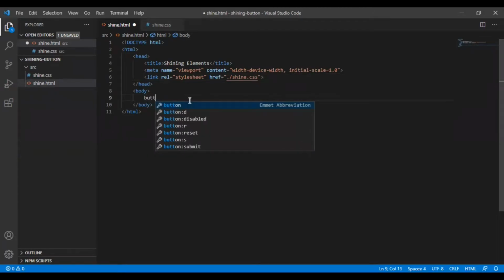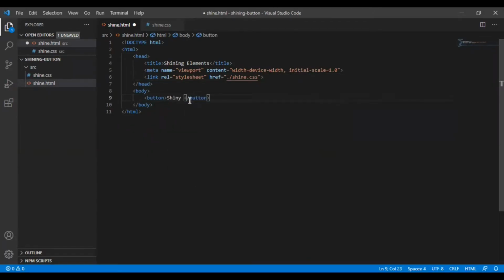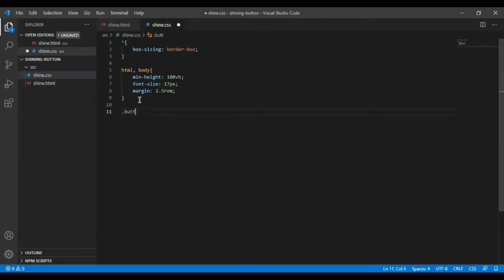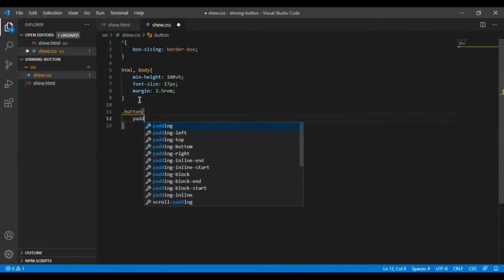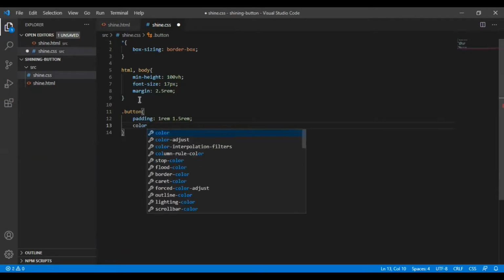I already have the pre-required HTML and CSS setup, so let's start creating our button first, giving some random text to it. Then we'll define the button type and also add a generic name for our button class. So now let's quickly move to the CSS and set all the styles for our button. The padding will come first. So this is a padding shorthand. That's there for the horizontal padding value and then the vertical padding value.